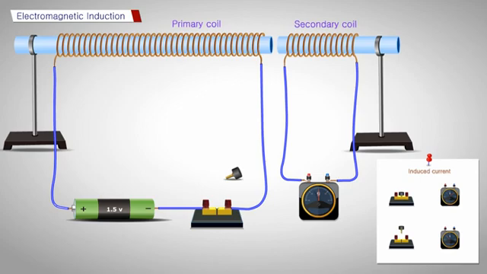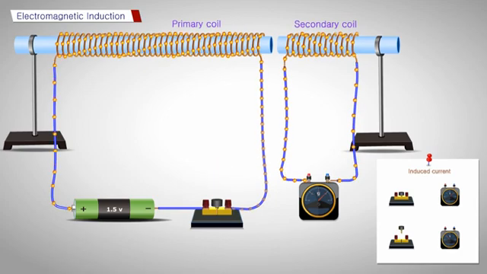We can see that the galvanometer deflects momentarily and the galvanometer needle jumps to one side and quickly returns to 0. Now, disconnect the plug key and observe. We can see that the needle of the galvanometer deflects again momentarily, but to the opposite side. As we change the supply voltage, there is a momentary deflection in the second coil. We have observed that a potential difference is induced in the secondary coil.